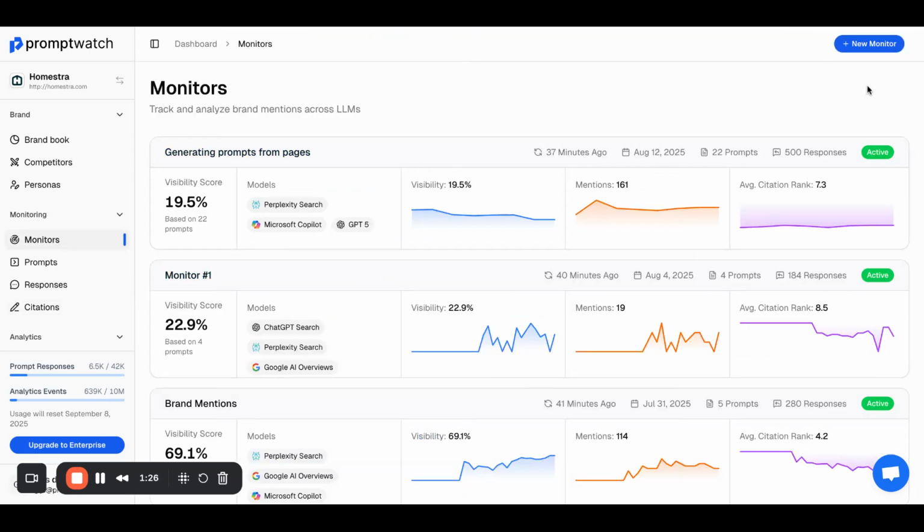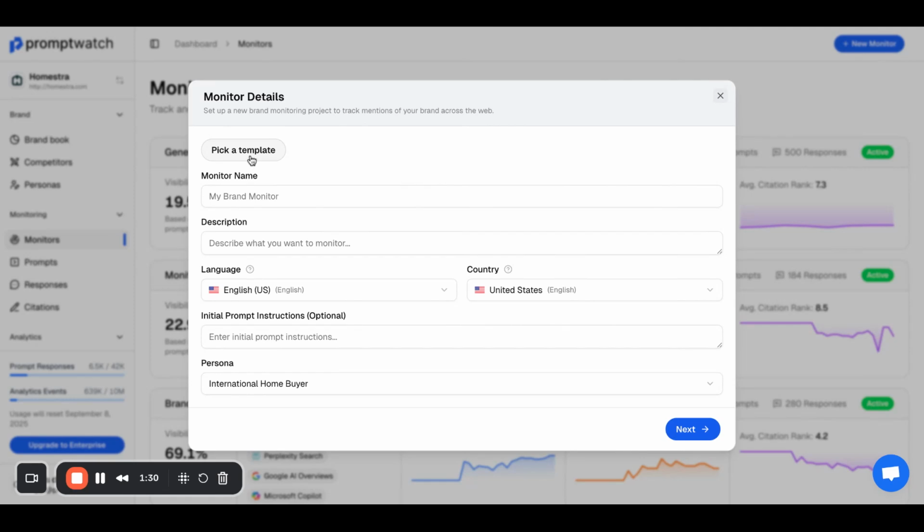So now we can go back to the monitor and click here in the top right on New Monitor. And what you want to do here is a couple of things. You want to give your monitor a name, and this should make it easy to separate the monitors from each other. So I'm doing this for homestra.com. It's a website for second homes in Europe. So I want to focus on second homes in Spain. And my description can be second homes in Spain, informational